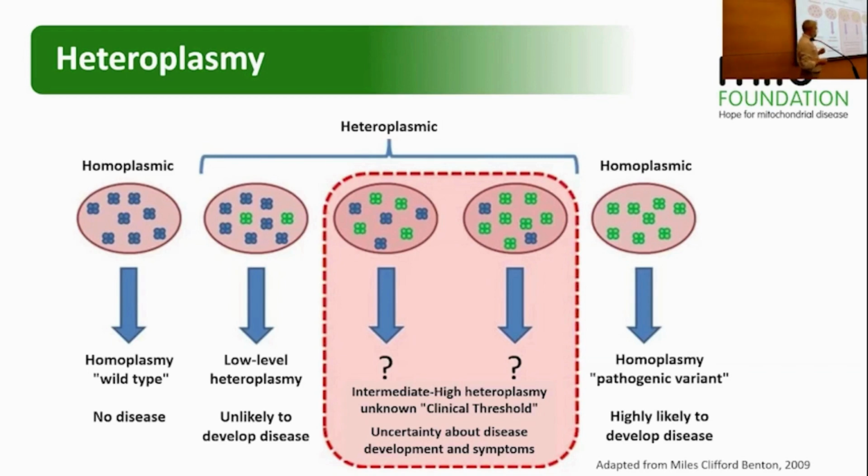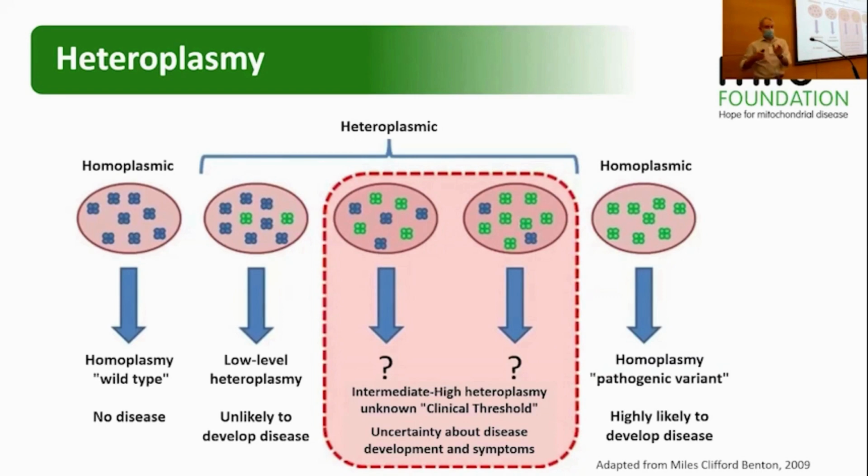And then it opens up these areas that are complex because heteroplasmy can differ between tissues. It's well known for some mutations, as in MELAS, that at birth it seems like the level of the mutation is the same in pretty much all your tissues. But then in blood, you tend to lose the mutation at maybe 1 to 2% a year. And so testing someone when they're 50, the mutation may not be visible, at least using the old-fashioned technologies. Probably for the point mutations now with the new next generation sequencing, we can detect those sorts of levels. But certainly for deletions, for example, they can be absent from blood.